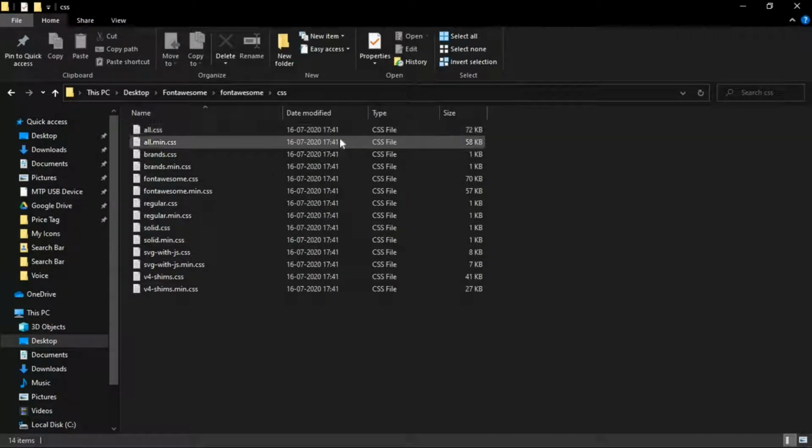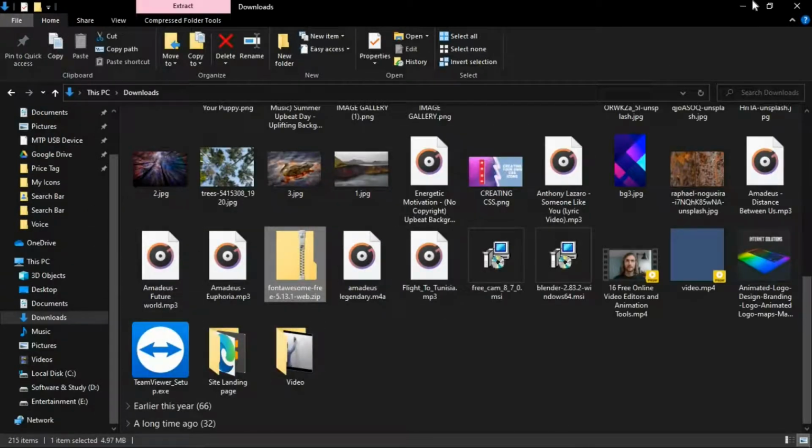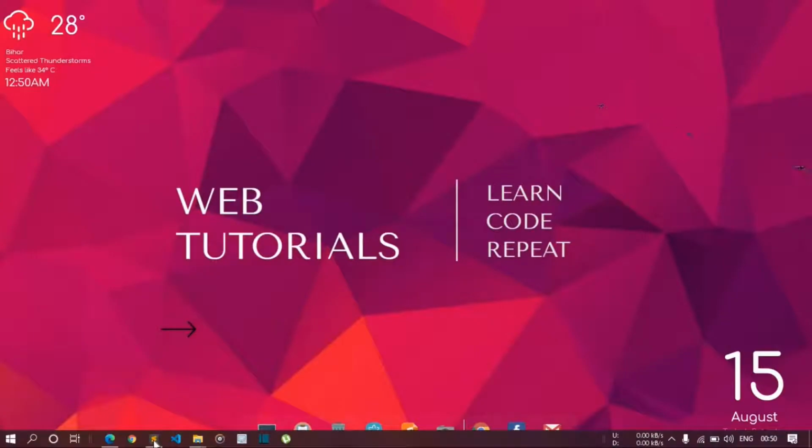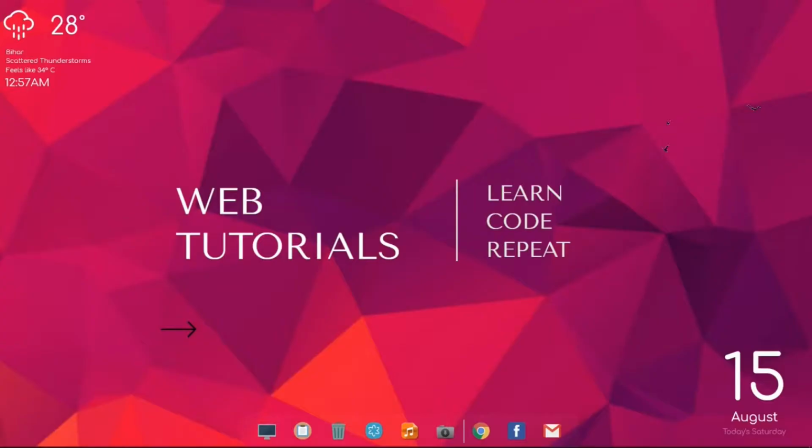And we, the web tutorials team, have basically used just these two files, all.css and all.min.css. So to use this, we just have to go to our text editor.